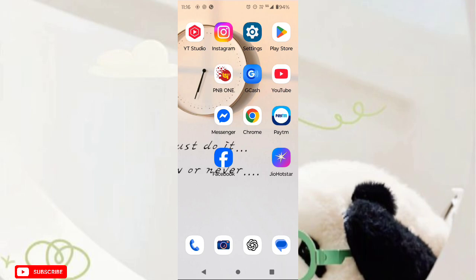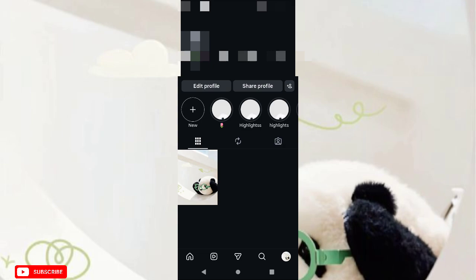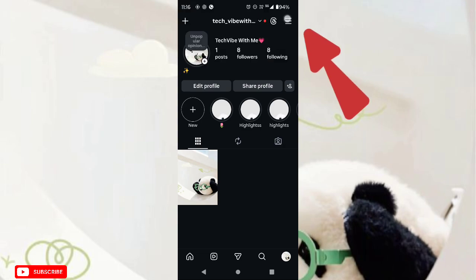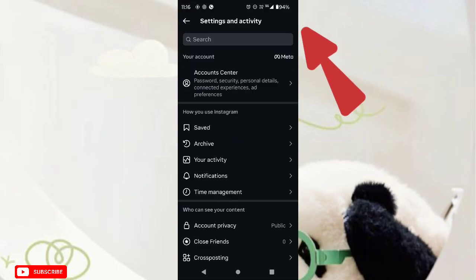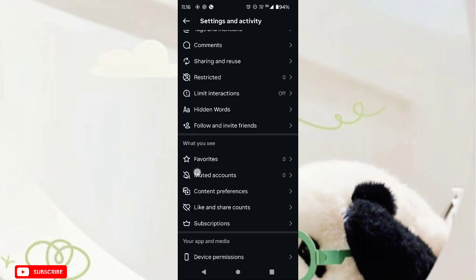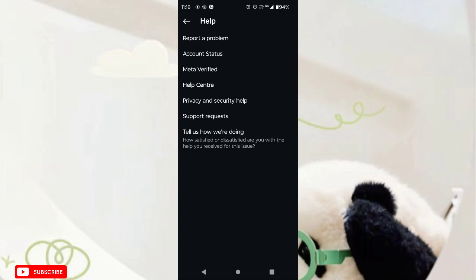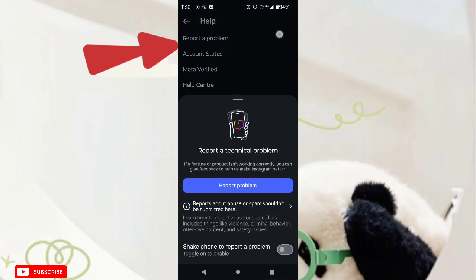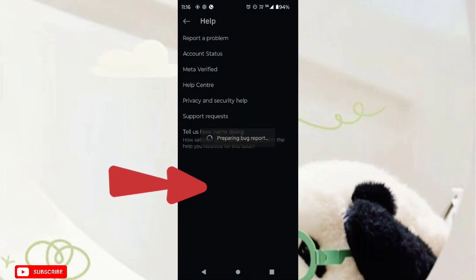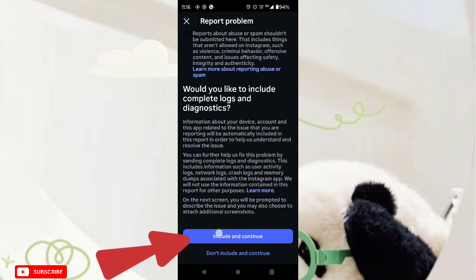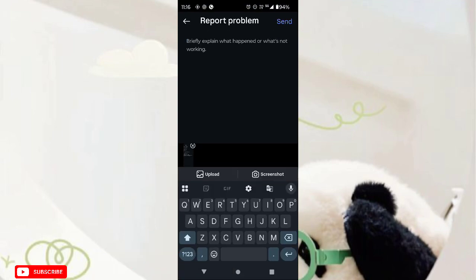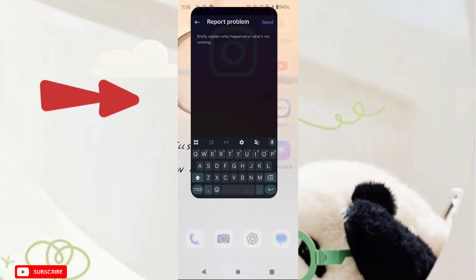But if you still face the problem, then open the Instagram app. Now at the top right corner, tap on the three horizontal lines, scroll down and click on the help option. Click on report a problem, tap on report problem. Now tap on include and continue, and here describe your problem, and after this tap on send option, and yeah,